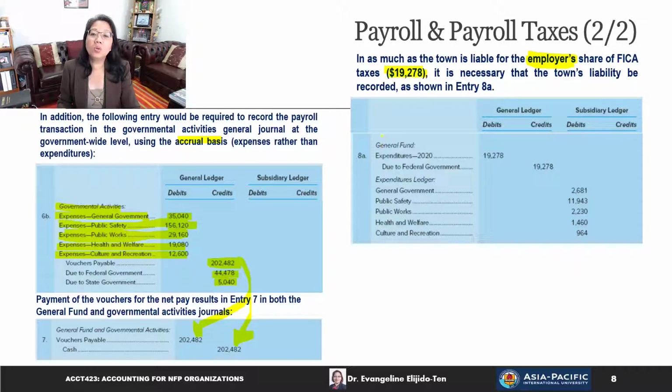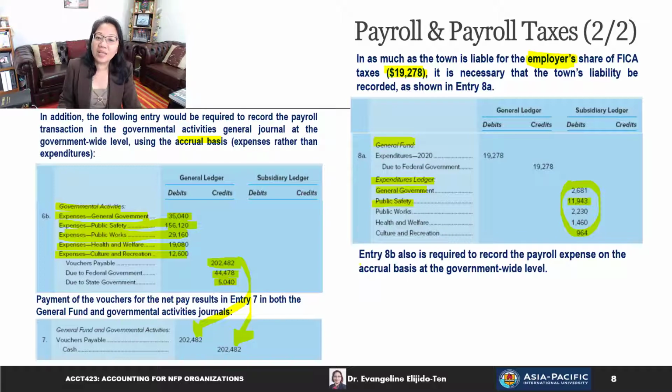19,278. Also in the general fund, the expenditures ledger will be debited for the amount pertaining to that FICA. So part of that FICA's employer share comes from general government 2,681, from public safety 11,943, and so forth and so on. Okay. Now entry 8B will also be required to record the payroll expense at the